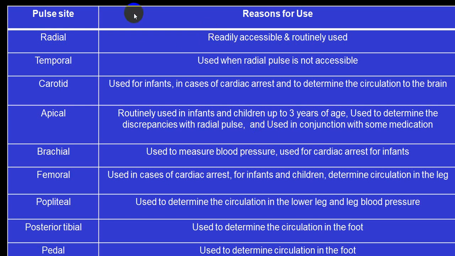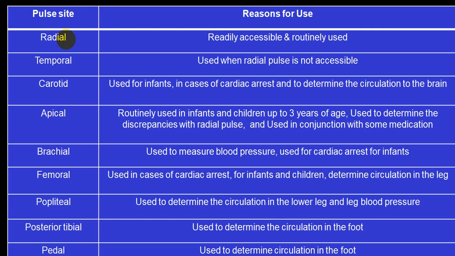Now what are the different types of pulse you can feel for? The most common which we feel is the radial pulse, which is felt at the lower end of the forearm close to the wrist, laterally over the radial bone. We call it the radial pulse. This is the most common pulse which we palpate for. Now if we go from the top, that is over the skull, in front of the ear pinna, the temporal artery is by and large not very commonly utilized. It is commonly utilized by the anesthetist during anesthesia. They do feel for the temporal pulse.